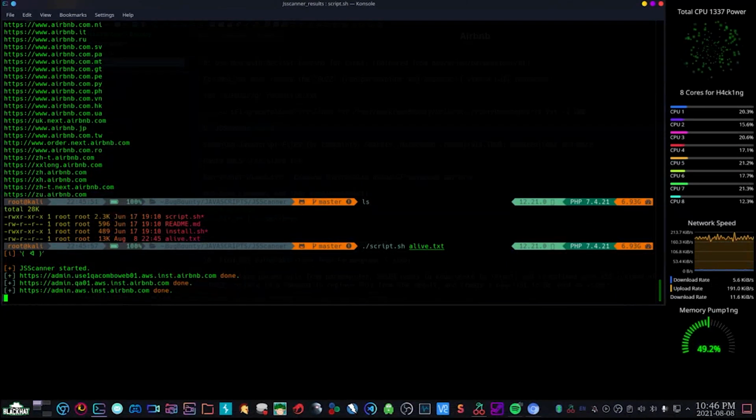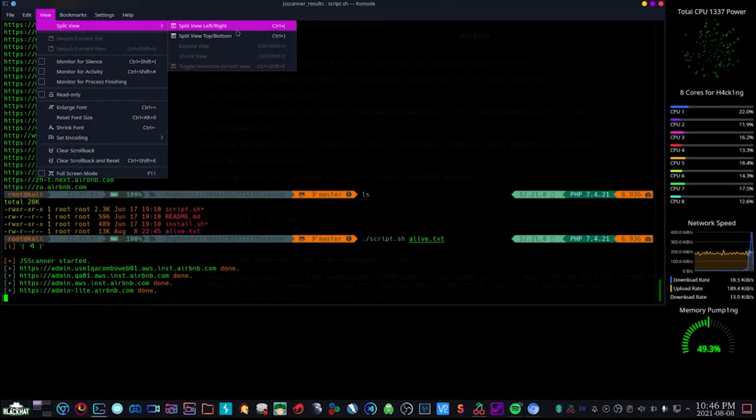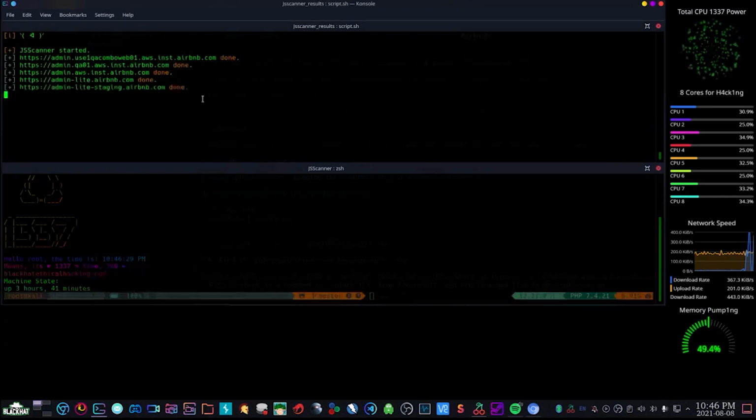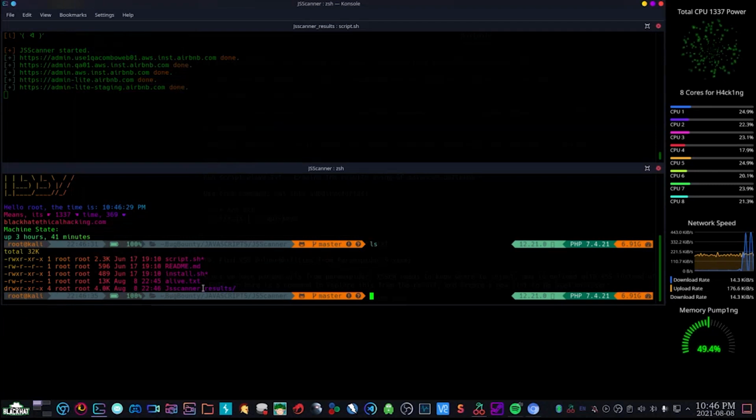And as you can see, it has started. So it's going to go ahead and pick each URL. It's going to scan for JavaScript using a background pattern, and it's going to save the results into a folder separately, each subdomain. So if we go to the location again, this is where the scanning is happening. And if we go here, you already see that it created a folder called JS Scanner Results. So if we go here,